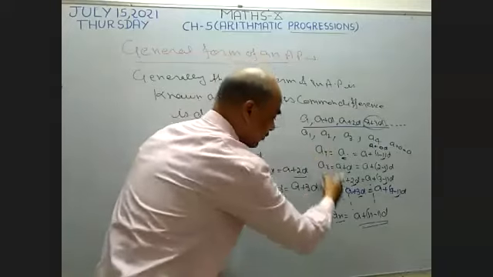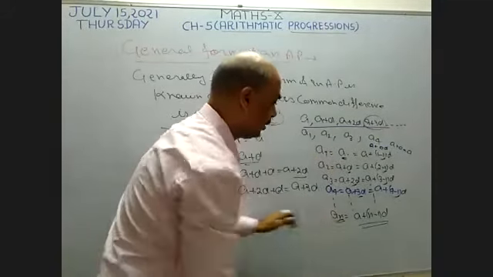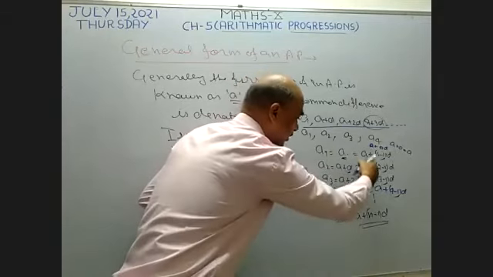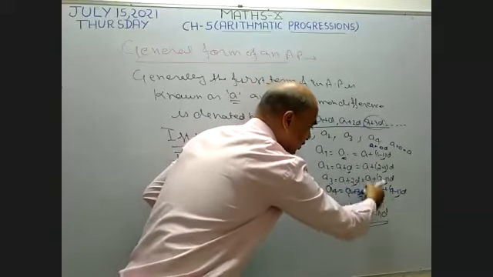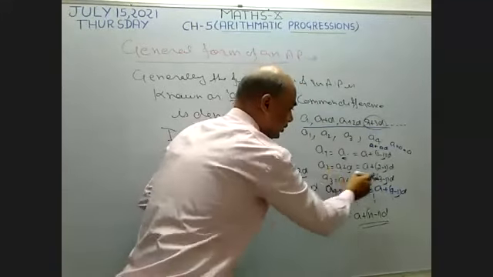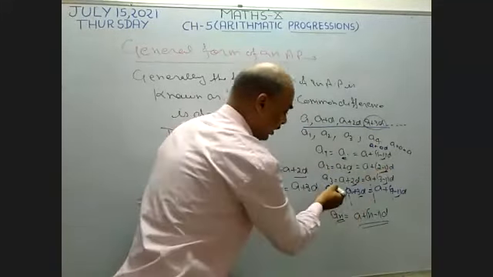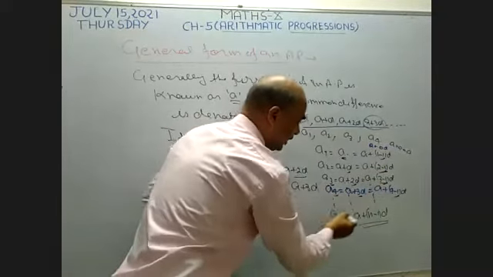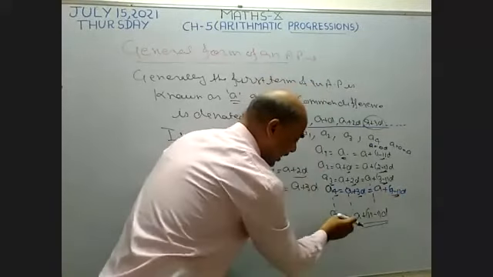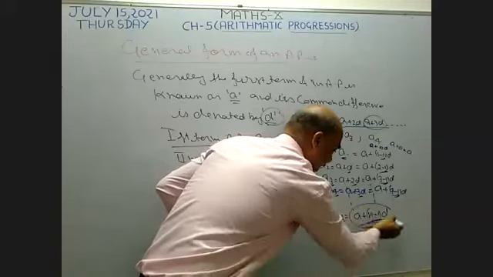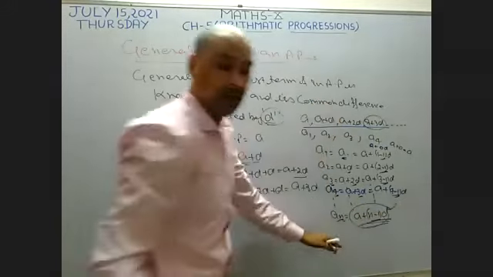Okay? In the same way, I want to write its nth term. If the nth term is to be found, how do we find its value? In the whole sequence, the first term is A. After that, a positive sign is there. If 2 is here, it can be written as 2 minus 1. If 3 is there, it can be written as 3 minus 1. If 4 is there, it can be written as 4 minus 1. If n is there, then it can be written as n minus 1 into D. This is the nth term of an AP. Okay?